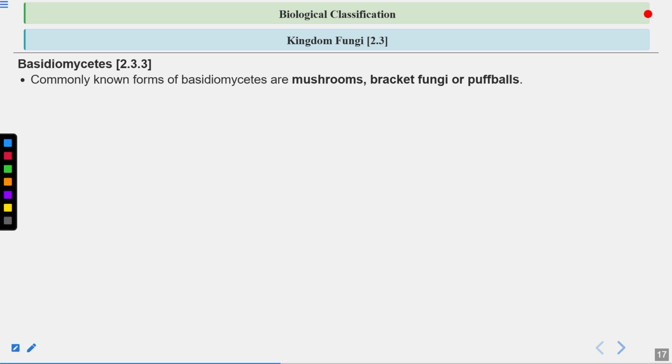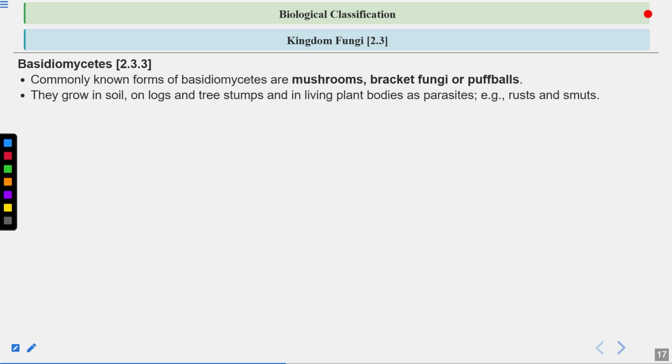Let's talk about Basidiomycetes. They are known as club fungi because here a club-shaped basidium is produced. Commonly they are known as mushrooms, bracket fungi, and puff balls. Why are they known as puff balls? In puff balls, a ball-like fruiting body is produced. They can grow on soil, logs, and tree stumps. They can live in plant bodies as parasites as well, and they cause rust